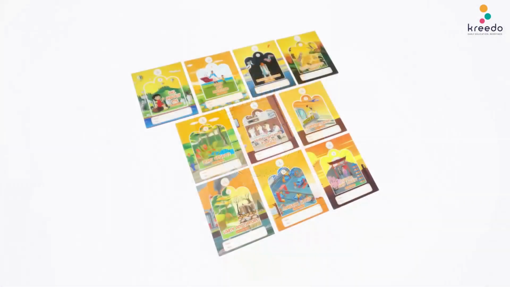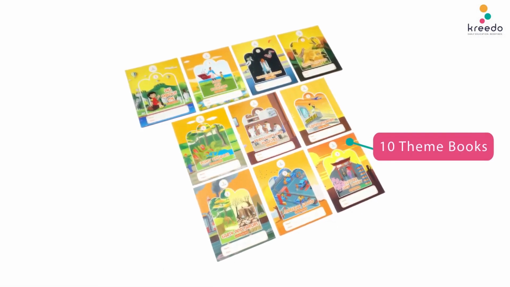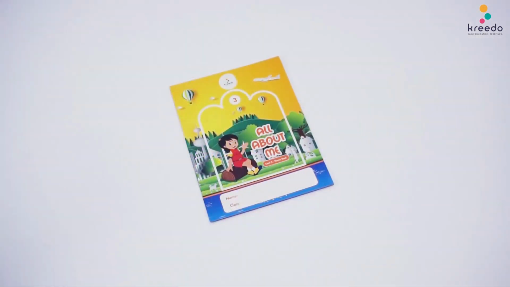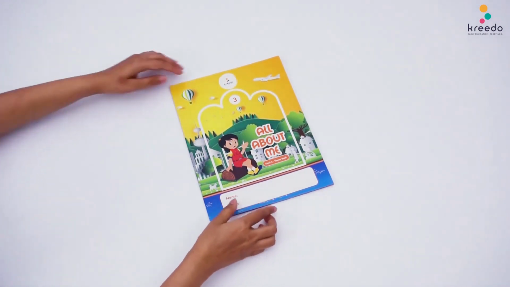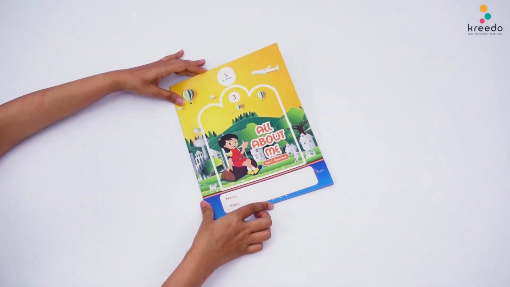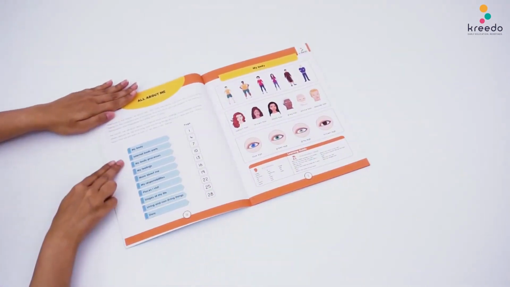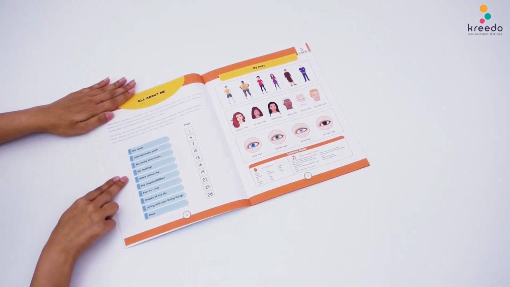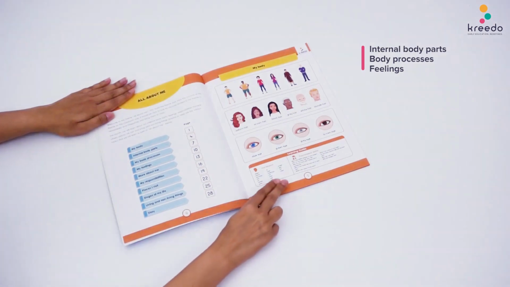This student kit will also include 10 theme books. Theme book 1 is all about me. This theme book will present concepts like internal body parts, body processes, feelings, and more with the help of many text sheets and worksheets. Text sheets,